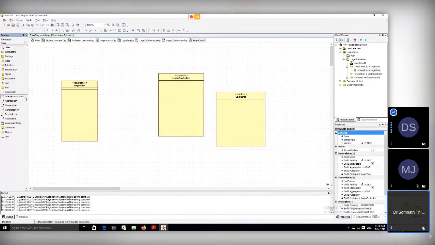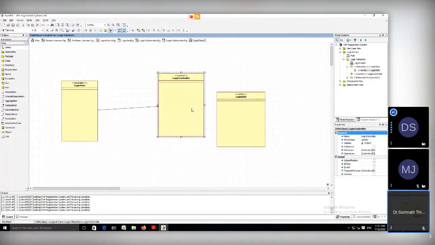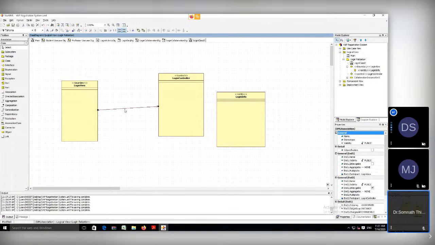Second, we can have directed association. So we can move like this. And this arrow indicates that there will be flow of data from one entity to another entity. There will not be a flow of data from this entity to this entity. This is directed association. So the basic type of relationship, association, can be represented in two styles. Without arrow means it is a bidirectional type of relation, and with arrow means it is